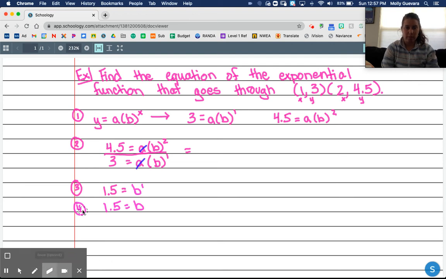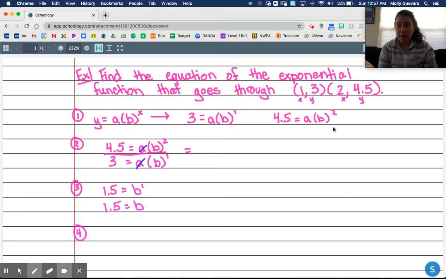So that's kind of step 3 and 4, right? Or I guess step 4 is finding a. Never mind. Okay, so now let's do step 4. Now that I know what b is, I'm going to take my value for b and plug it into one of these two. Doesn't matter which one. I'm going to do this one because it's just b to the 1. So that gets me 3 equals a